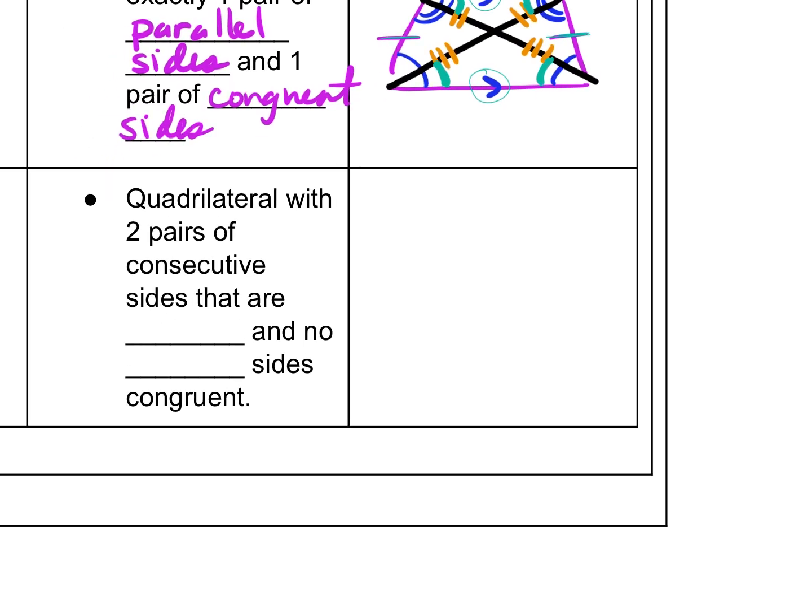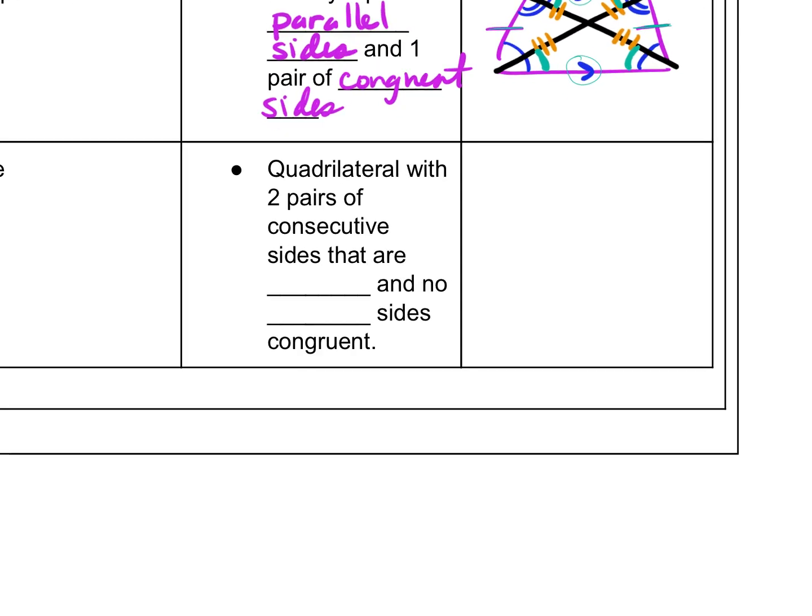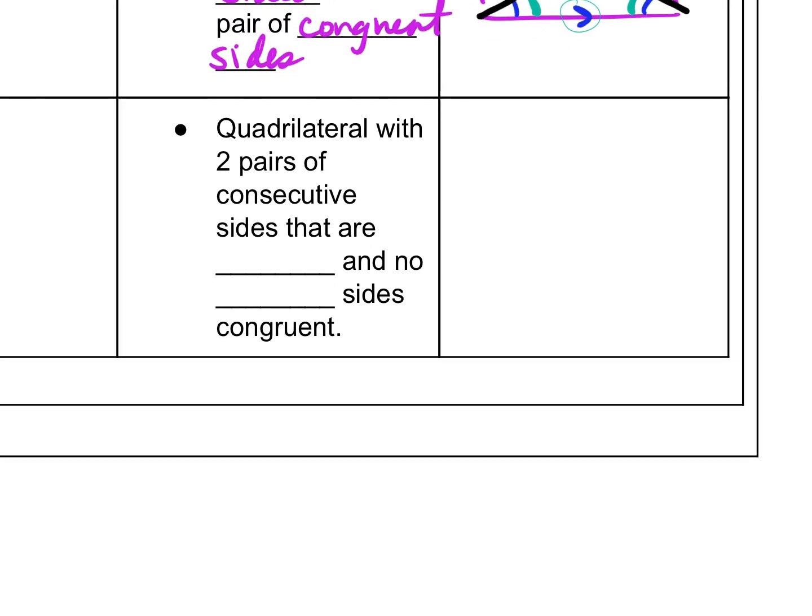Okay. The last one is the kite, and that is a quadrilateral with two pairs of consecutive sides, so sides next to each other, that are what? Congruent. There won't be any parallels here. But two pairs of consecutive sides that are congruent, but no opposite sides can be congruent. Okay, so if I draw a kite,